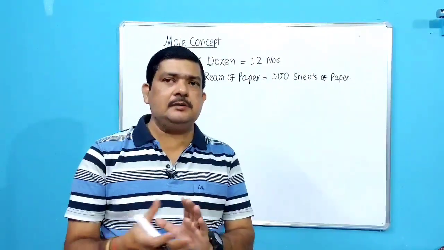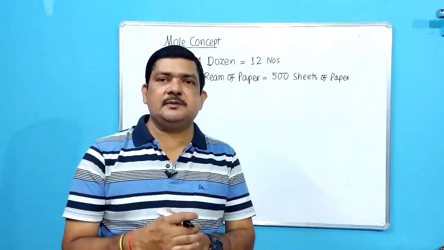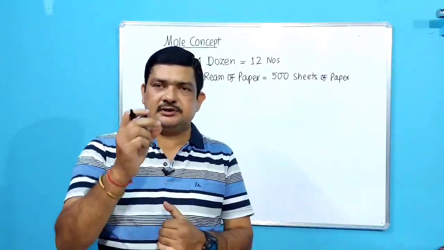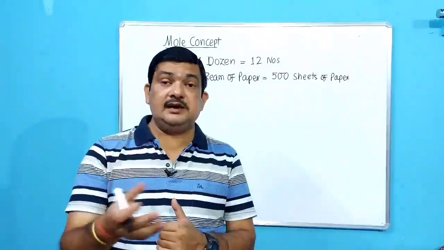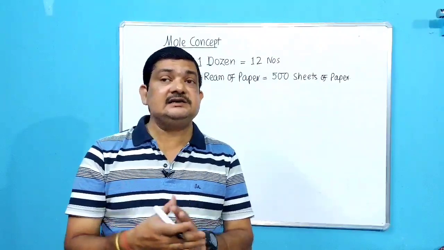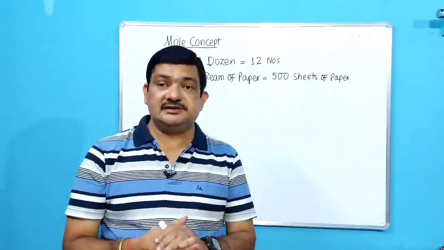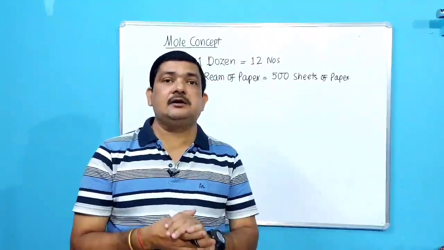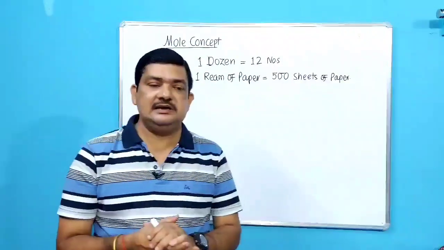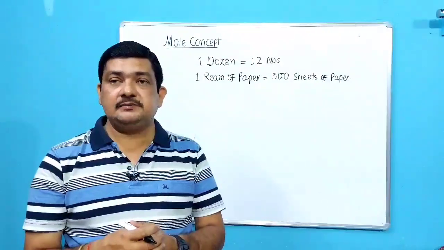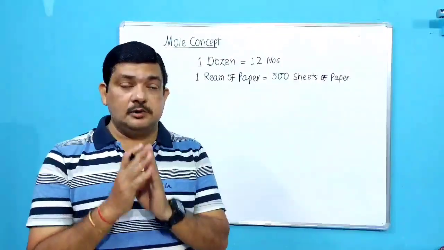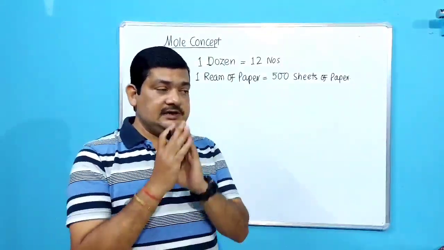If I buy rice in a bag, one bag of rice means its weight is 25 kilos. So if you look at one grain of rice, we cannot calculate its mass, but when it makes one bag of rice, then it's countable, it is measurable. Similarly, if I take one atom or one molecule, its mass is not measurable. So when we take in large numbers, then it becomes measurable, that is one mole. So mole is nothing but a bigger unit.